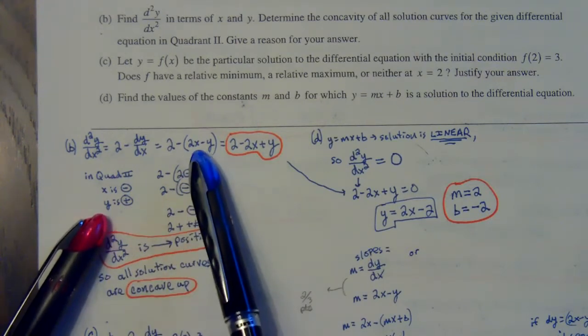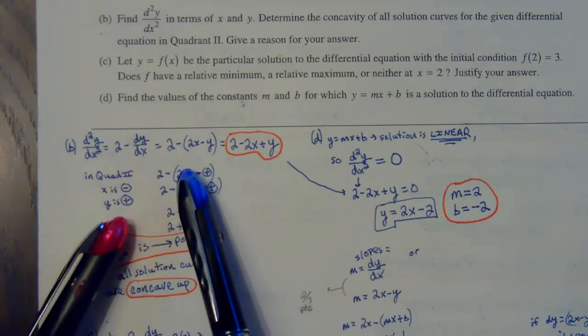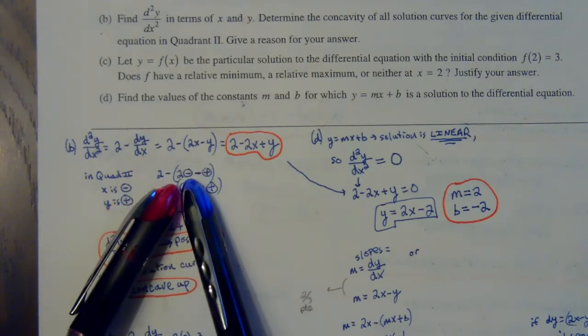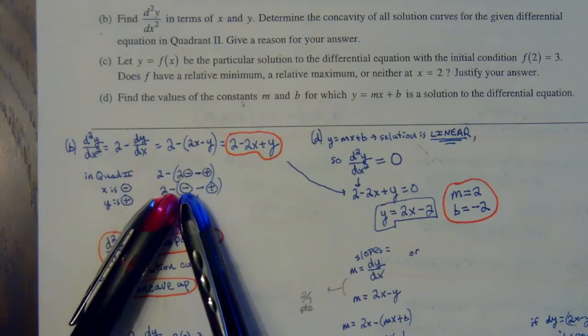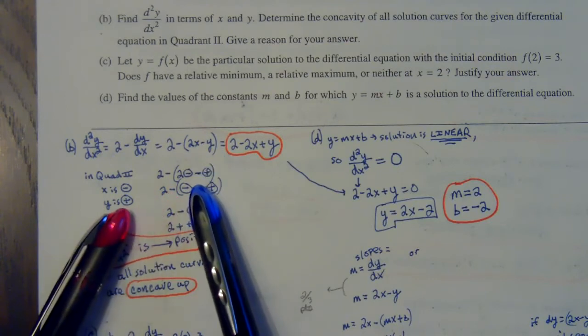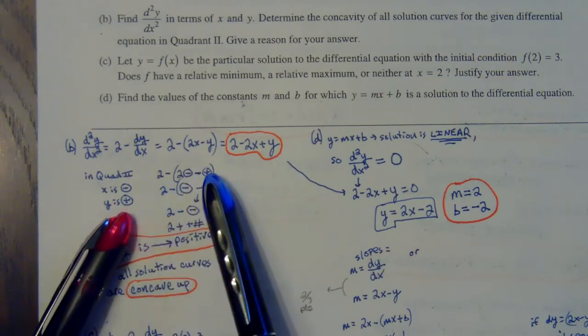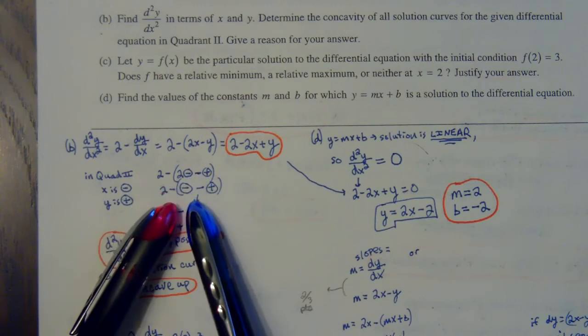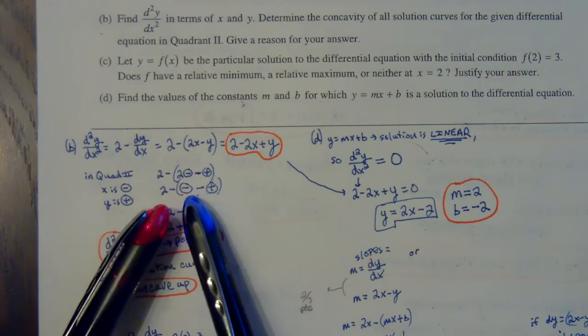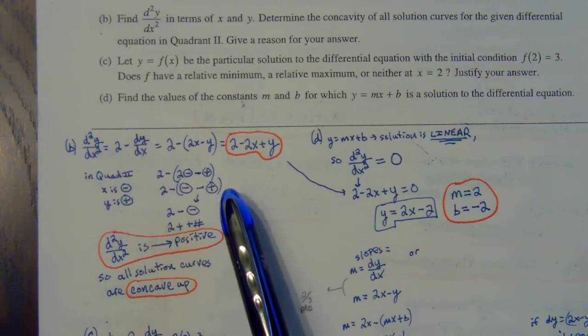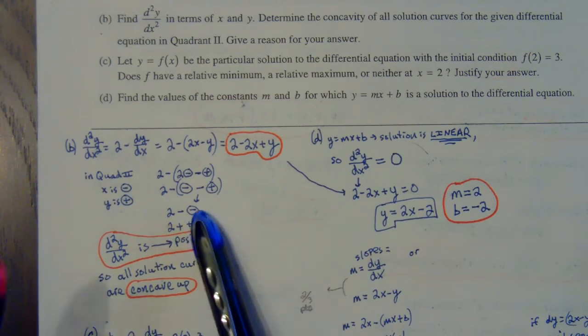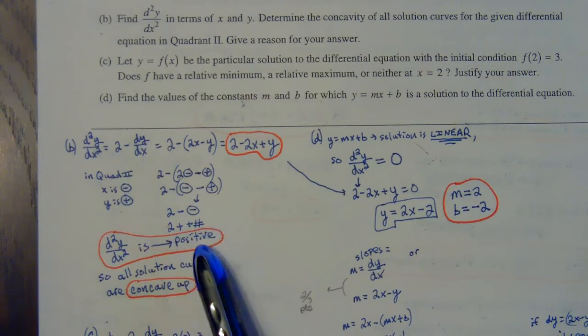And so if I go to this guy right here, I have this 2 minus carries down. If x is a negative number, that means I have 2 times a negative number, which is going to give me a negative number. And then you're minusing a y value, which is positive. So you're minusing a positive number. So 2 times a negative number is a negative. You're minusing a positive number. So if you take a negative number and subtract a positive number from there, you're still going to have a negative number. And then your 2 minus carries down. So 2 minus a negative is always going to be 2 plus a positive, which means that second derivative in that second quadrant is always going to be positive, and that means your solution curves will be concave up right